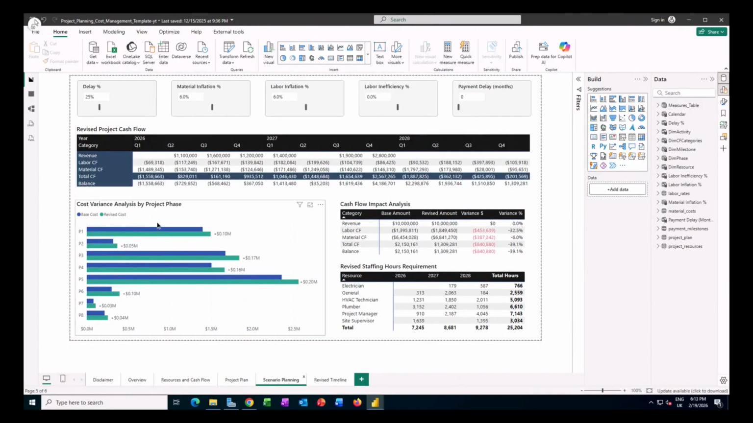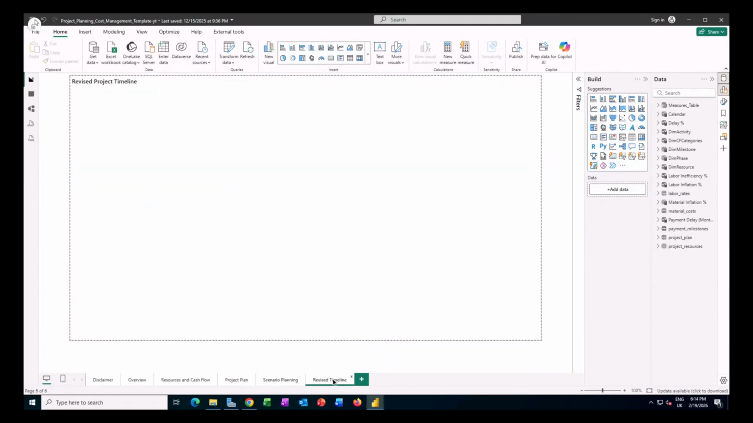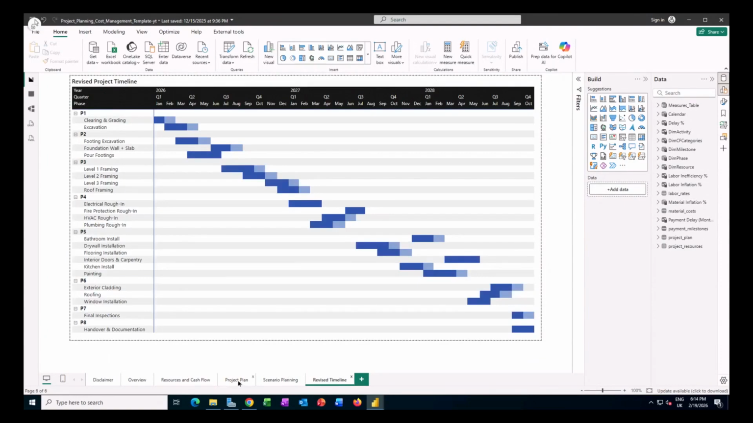And then you'll see here I'll have a cost variance, so we can actually compare again on a phase-by-phase basis how much our cost will increase before and after the revision. And then finally, we'll also get back to our Gantt chart. So you saw that we have a project plan, which is the original plan, and this will be our revised project timeline, which shows in the dark blues the original project plan, and then with those lighter blues,